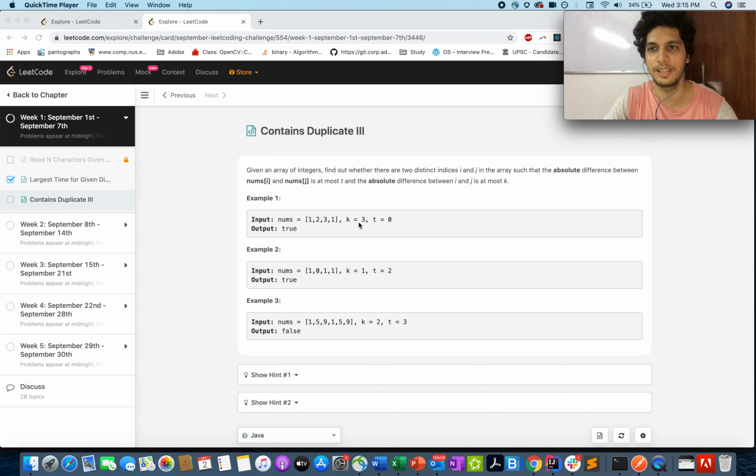So this seems like a pretty easy question. You can use two for loops and get this running, but that is not the intent of this question. The expected time complexity to pass this question is order of n log k or order of n log n, instead of order of n square. Let's jump on to the algorithm that will help us solve this question.